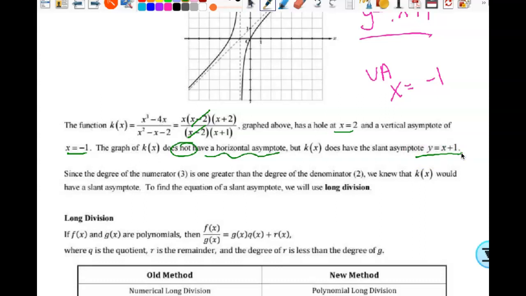The reason it has one is because the degree of the numerator is 1 greater. Notice it shows the degree of the numerator is 3, denominator is 2, which is when we look at the original, clearly that's what it is. If I was going to actually find it not from the graph, but by division like we know how to find it, yes, I could do it from my original, which is totally fine. But if I'm going to factor and get rid of the hole anyway, then this is a simpler form, right? But I would want to multiply it back. So once I cancel these out, my actual, oh, this is not f of x, it's k, so let's use the right thing. My k of x,